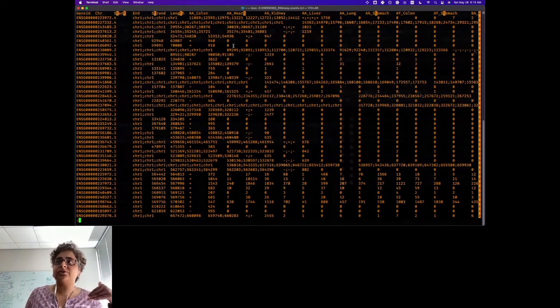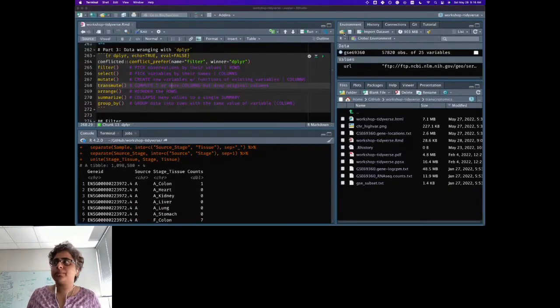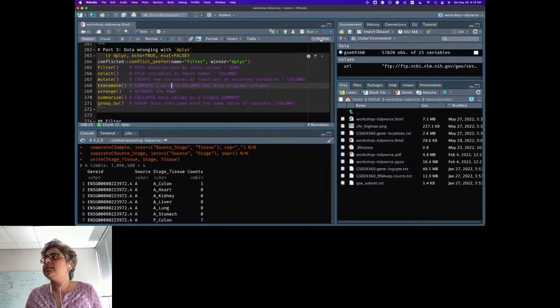And this is after I've done the transcriptomic analysis. It has all of this information about each of these gene IDs. And then it has the counts for the different samples. This is what the raw counts table is going to look like. And then I'm bringing it into R using my read_tsv, because I already know that the delimiter is tab. And when I bring it in with read_tsv